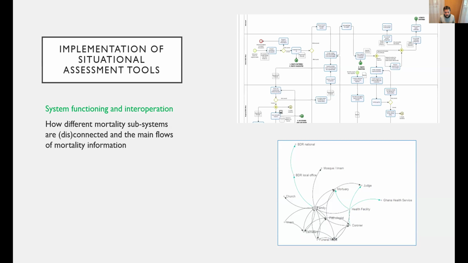Because at the end of the day, we want the SRS implementation not only to generate fantastic data, but also to contribute to the mortality data ecosystem in the country. So to do that, we need to understand what information is being generated, how it's being generated, and then how SRS will complement that picture. Those two methods are described in two different forms, or approaches, and you have the description of how to do it and references, and it's not rocket science. These are simple methods that can be used.